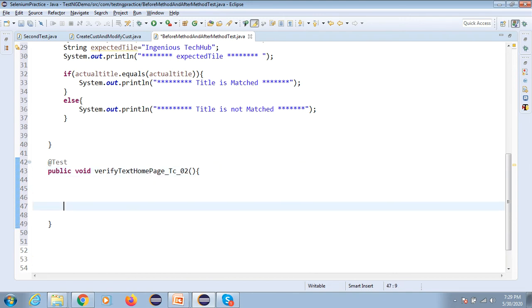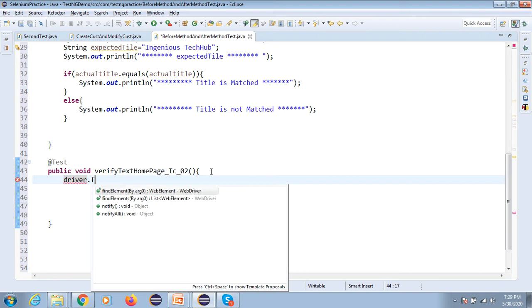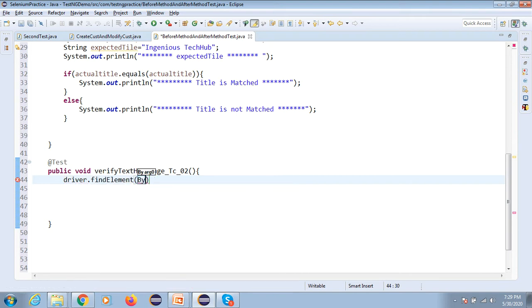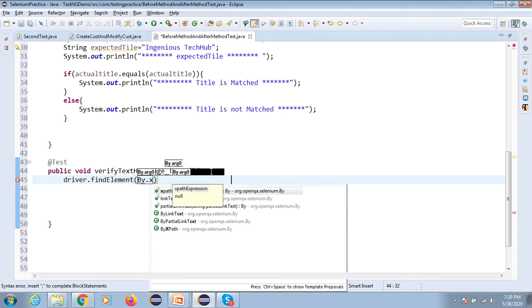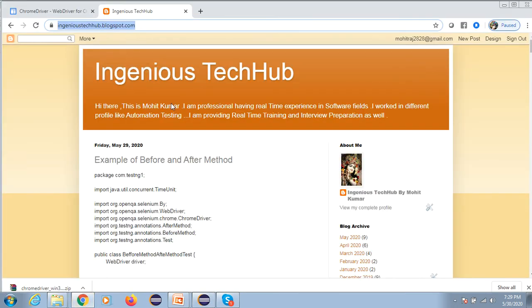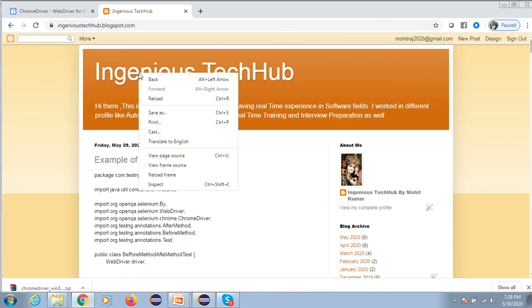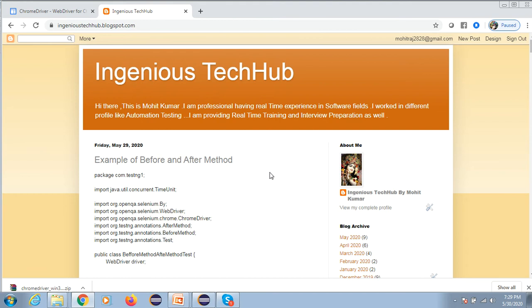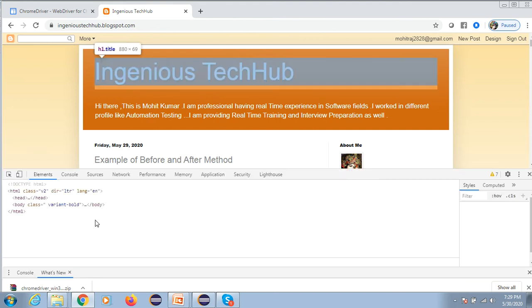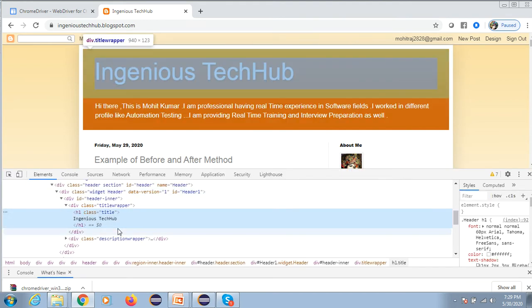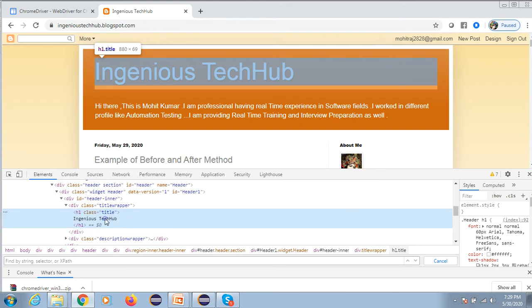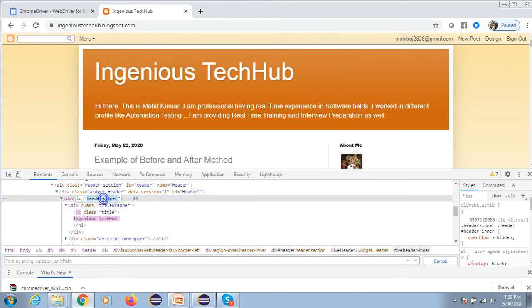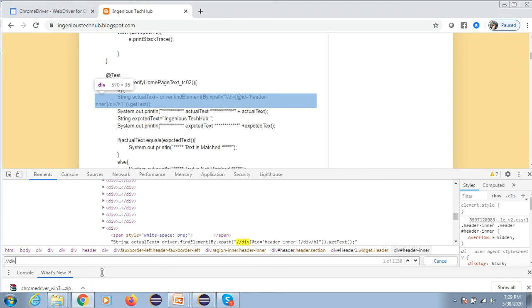So now here, what is the validation I'm going to do? Driver dot find element by xpath. So I'm going to find this xpath for this. Whatever we have learned in basic Selenium, you can practice in your TestNG. If you do not practice, you can get stuck while working.